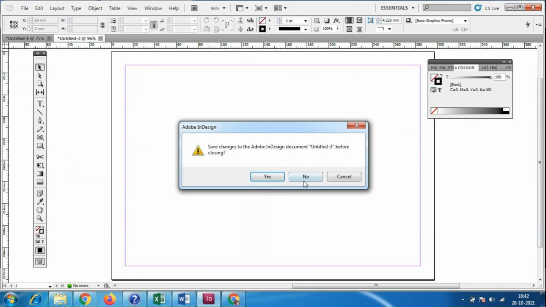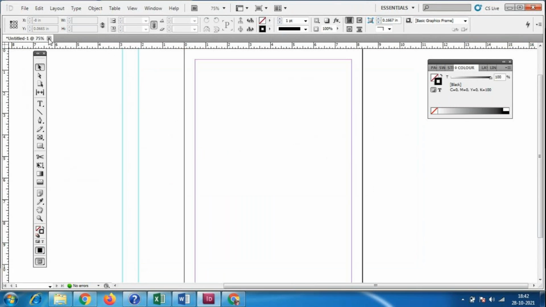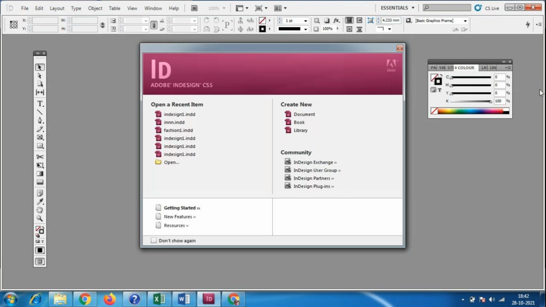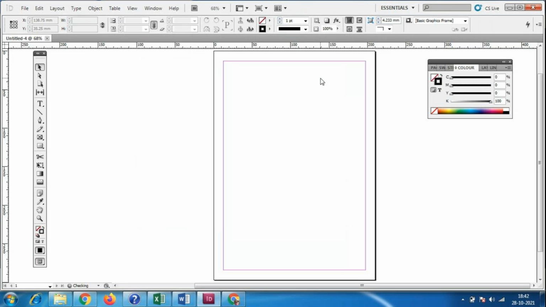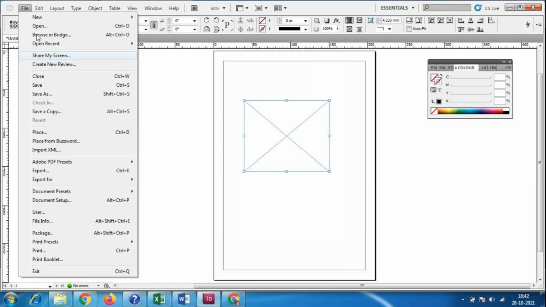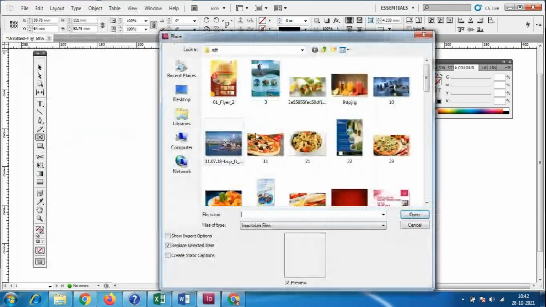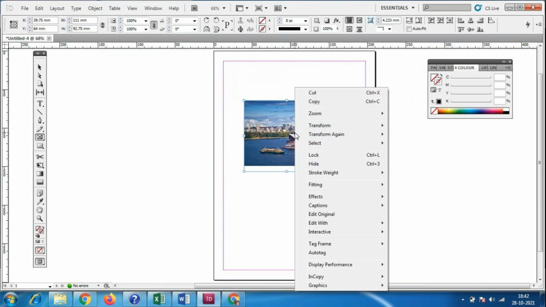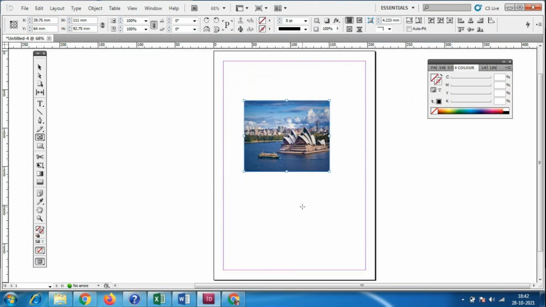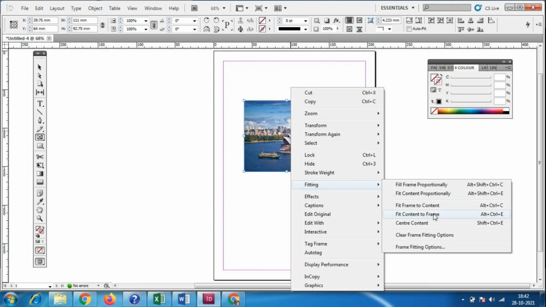There is a problem with the InDesign. Let me check, take a new file. Okay, something like this problem happened. So always close the file and you can do it separately. So fitting, right click on this image, fitting, fit content to the frame.